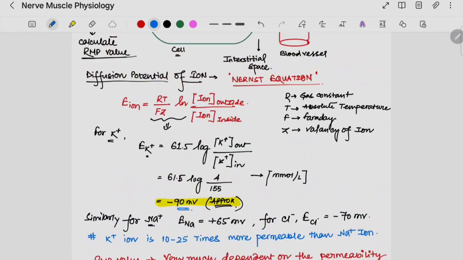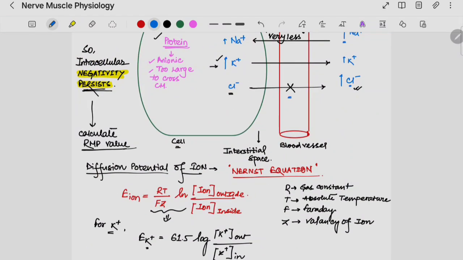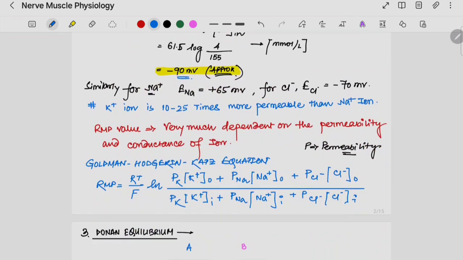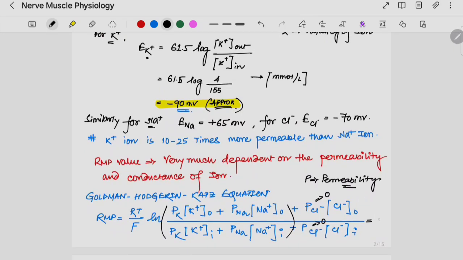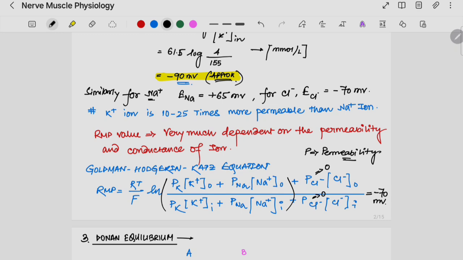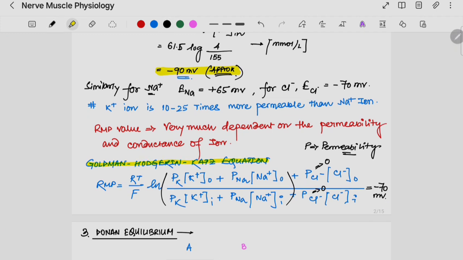Here chloride ion is not permeable across the cell membrane. That's why this permeability cancels out, and it is very much dependent on the sodium and the potassium ion. And for the nerve cell, that RMP value equals minus 70 millivolt. Hence, from the Goldman equation, we can measure RMP for any kind of cell, right? So it is an important equation, as it is very much dependent on the potassium ion and the